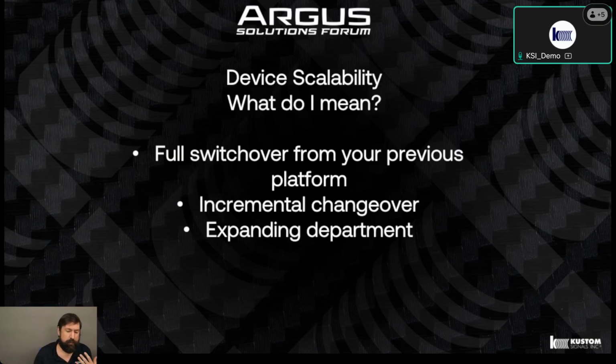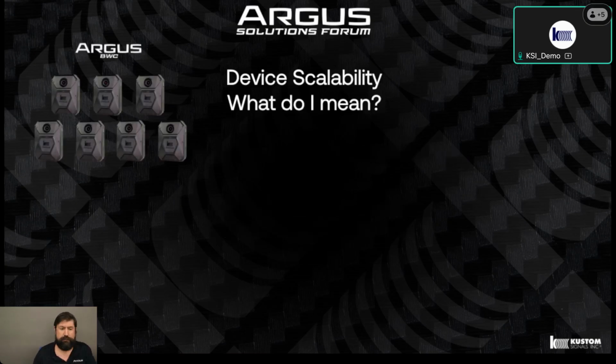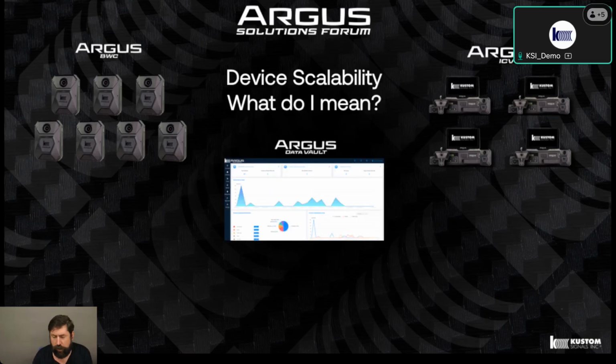Now, to visualize it, say I'm starting with 7 body-worn cameras, 4 in-car videos. We get our Argus Data Vault. This is up to you, again, with the local or cloud-based. I kind of mentioned before, this is the brains. That's what I like to refer to as the heavy lifting. Once we get Argus Data Vault set up, it is extremely easy to add new devices, be it body-worn cameras,